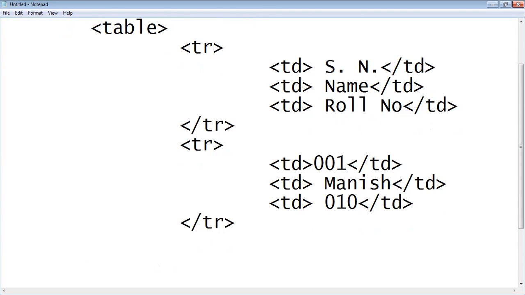And in the same process, we will take the third table row. This one is the third table row, and we close that third table row. Now, inside, again we take table data, like 002, and we close that table data.